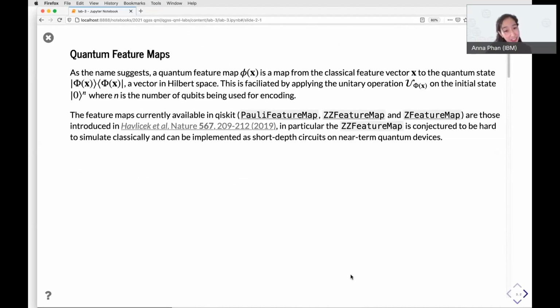The feature maps currently available in Qiskit, that's the Pauli feature map, the ZZ feature map, and the Z feature map, are those which are introduced in this Nature paper published in 2019 by members of the IBM Quantum team. In particular, they point out that the ZZ feature map is conjectured to be hard to simulate classically and can also be implemented as short depth circuits on near-term quantum devices.